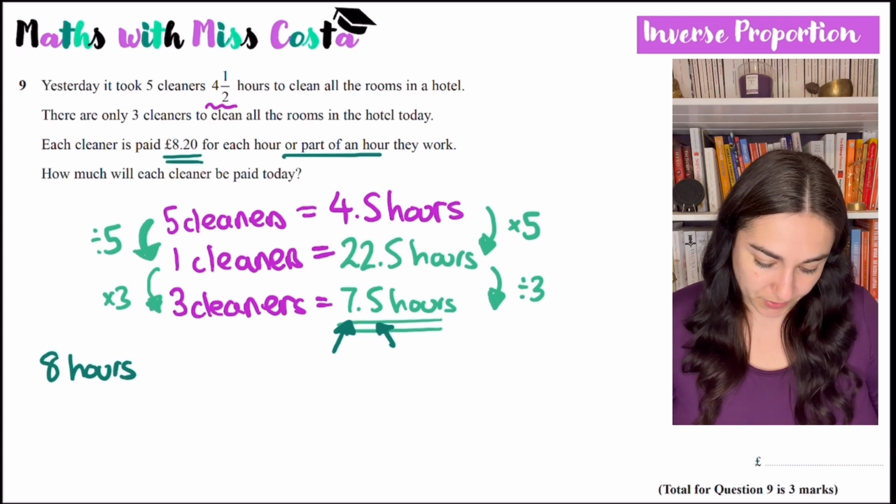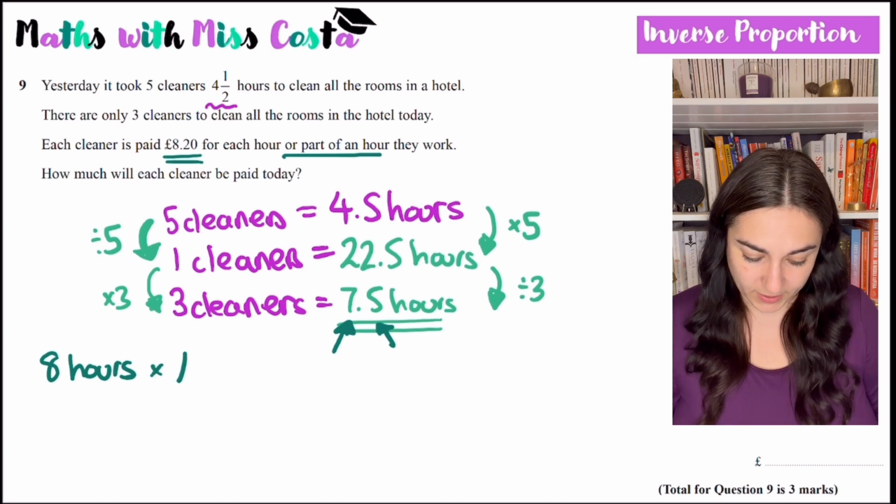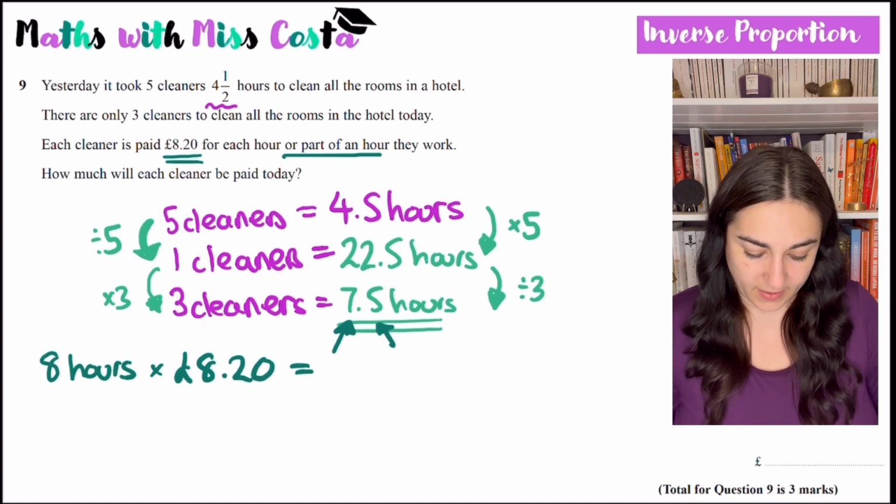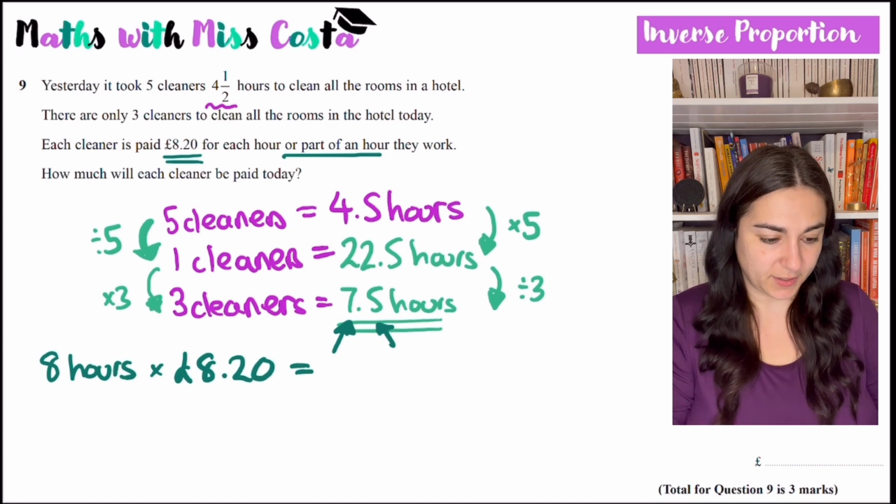So how much will each cleaner be paid today? Well, if a cleaner works 8 hours and they are paid £8.20 per hour, then I just do 8 times by £8.20, which gives me